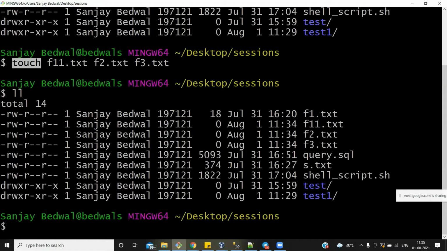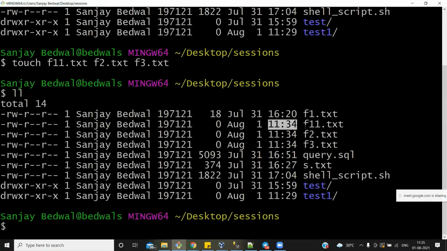Another use case of the touch command is if you want to change the modification time of a file. I will give you one example. Let's say I have modified one file and I don't want another person to know that this file got modified at this particular time. So I will use the touch command to change the modification time of that particular file.